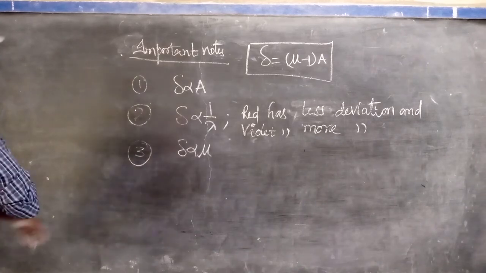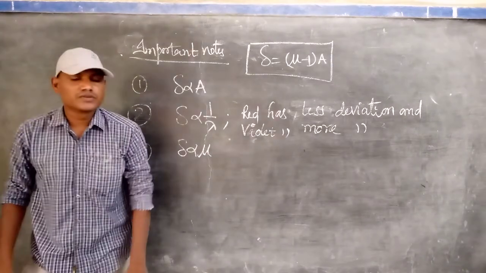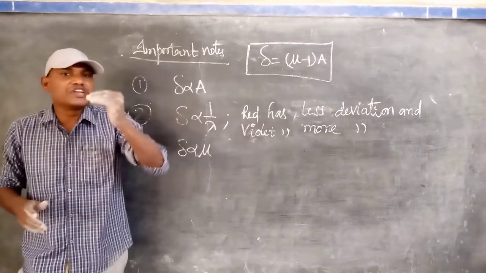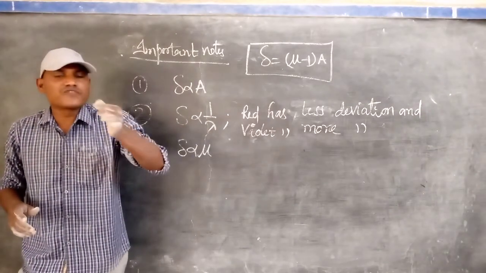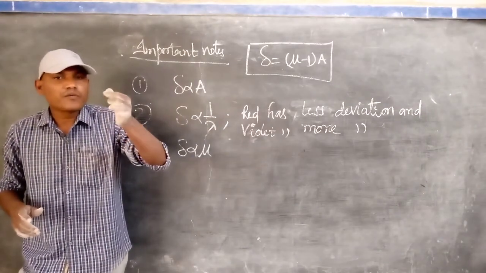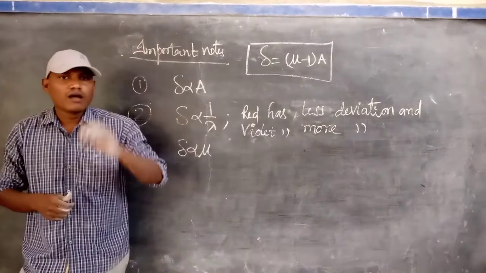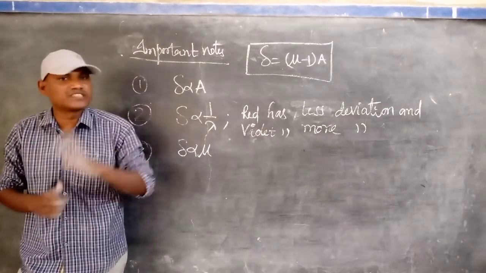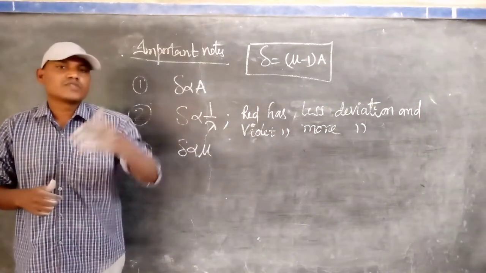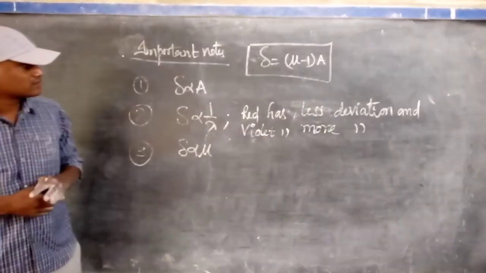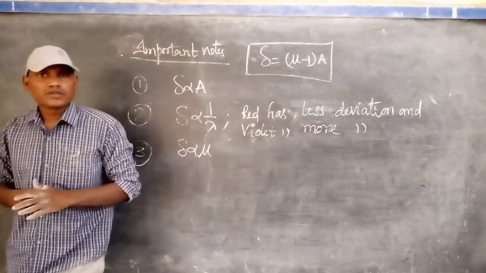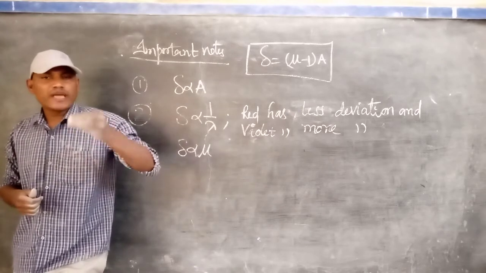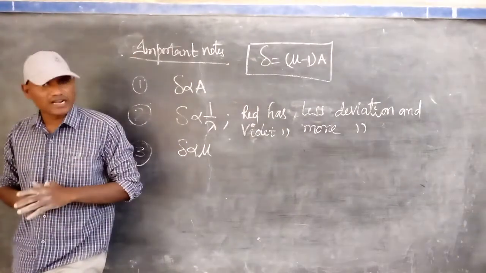So once again, listen. In this part of the video, I will explain very clearly how to derive the refractive index of a prism. What is the formula to find the refractive index of a prism, by using the derivation method? And finally we can prove that, and I will explain the 2 extra cases under this.